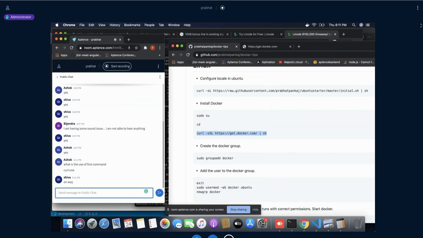Now coming to install Docker, similar to what I have done. If you see the first script curl command, that code has been written by me. Means in that command I have simply configured, using this command I was able to install or configure locale inside my computer. So same thing, similar way, Docker has also provided their script.